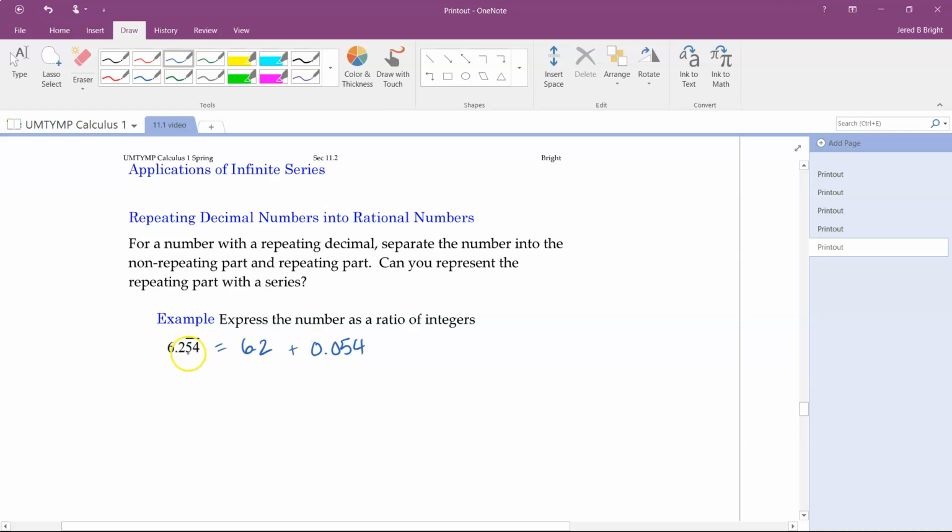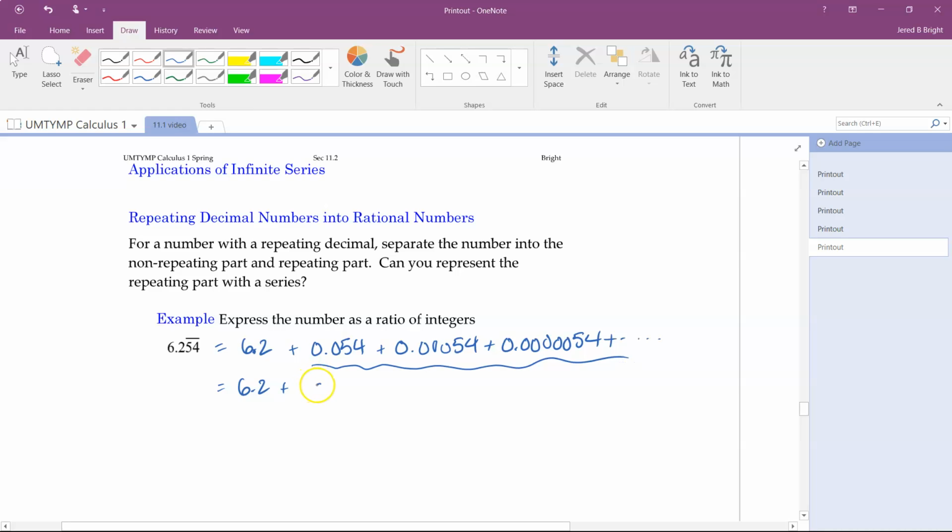0.054 would be the first chunk that repeats, and then the next chunk that repeats would be, let's see, 0.054. And then plus 0, 1, 2, 3, 4, 5, and then 5, 4. And then so on and so forth, right? So the 5, 4 would just continually move down in my list. Okay, so what I can do is think of this whole thing: 6.2 is going to stay the same, but this